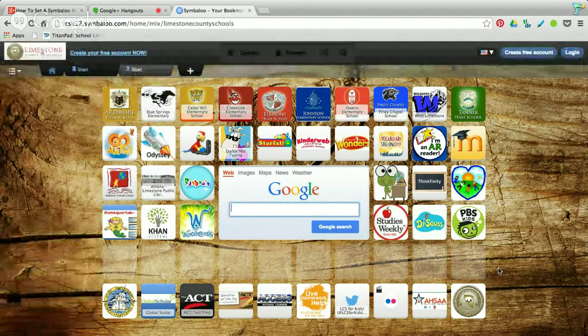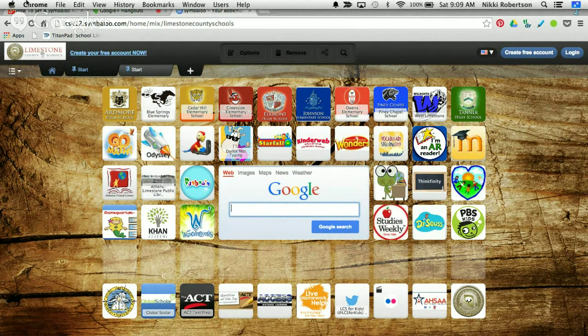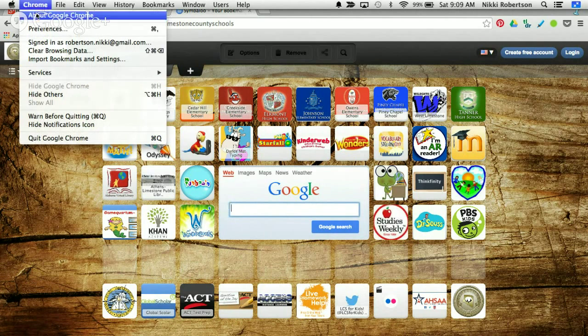So now we want to set this as our home page, which means anytime the kid opens up Google Chrome on their computer, it will automatically come to this page and not to any other page. Okay, so all we need to do, and this is using a MacBook, which is what our students are using, the kids are going to bring their cursor way up here to reveal the menu bar. They're going to click on the word Chrome, then they'll click on the word Preferences,